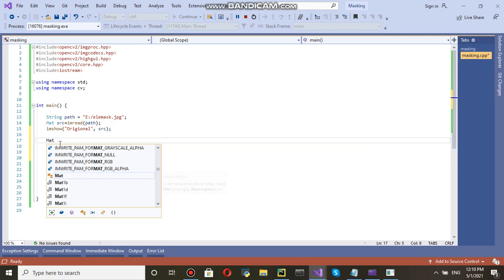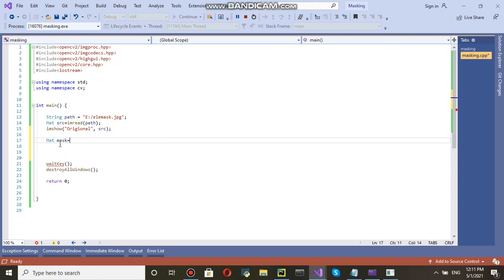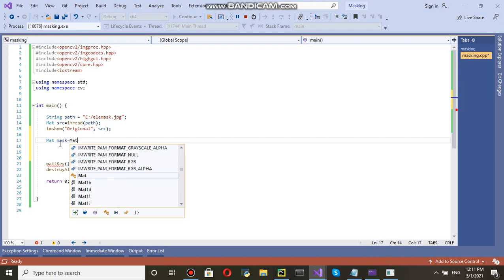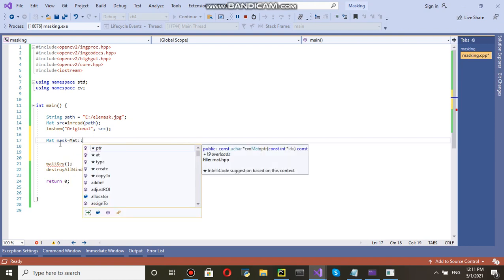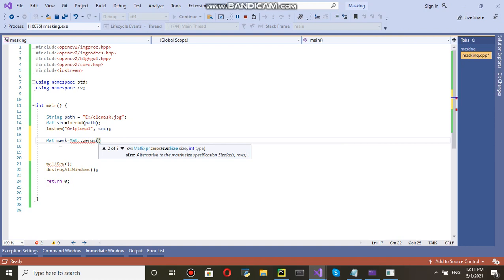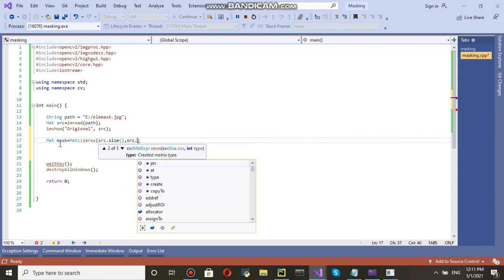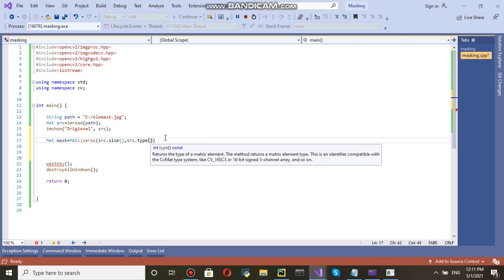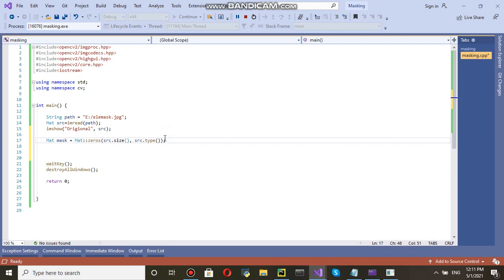So Mat, I am giving it the name mask, equal to Mat::zeros, and in that take the source image size: src.size(), comma, src.type(). So the masking window would be of the same size as the original image.